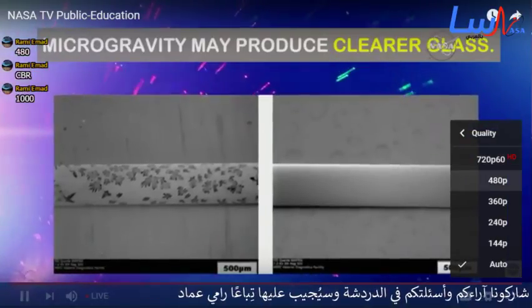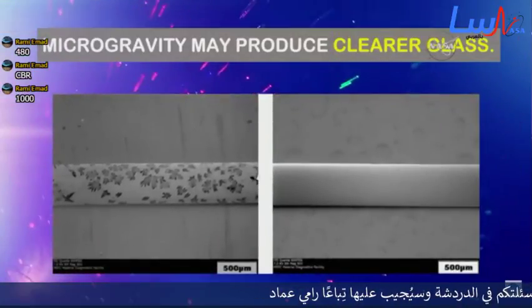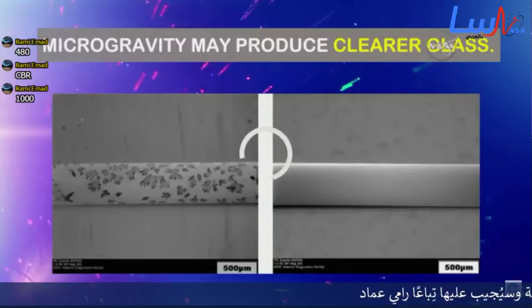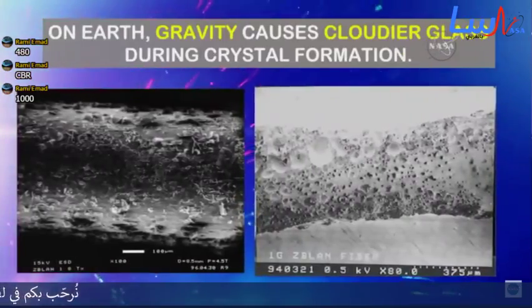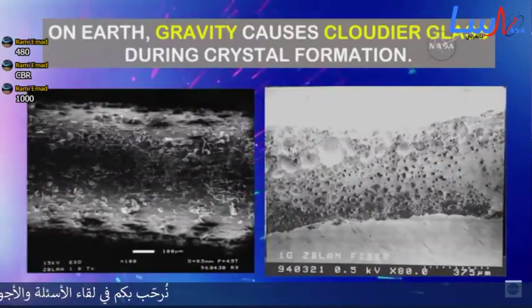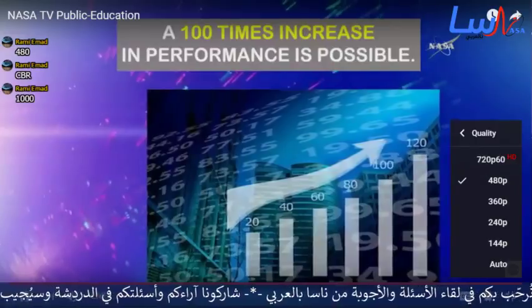And that is due to the microcrystal formation. It makes the glass a little cloudier when the crystals form here on Earth. And in space, it'll be more pure and clear. And in microgravity, they form in a different way, in a more pure way with fewer defects. What could happen is